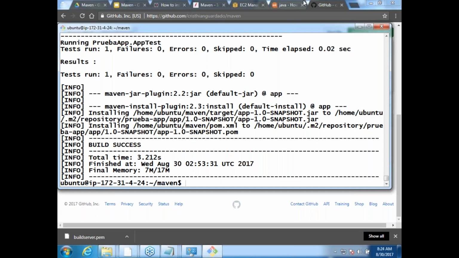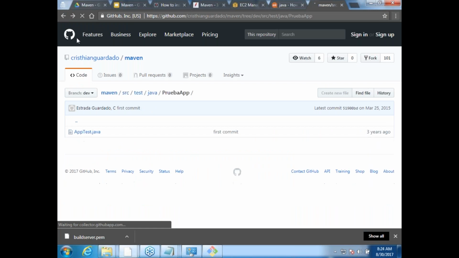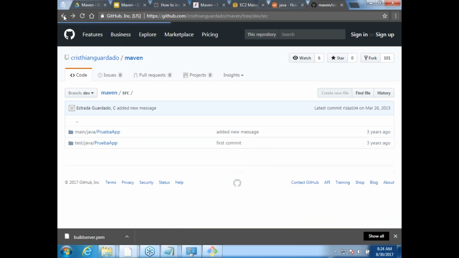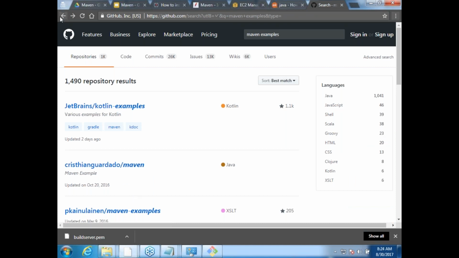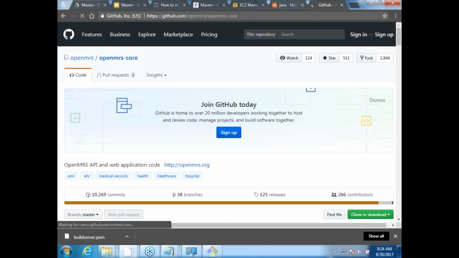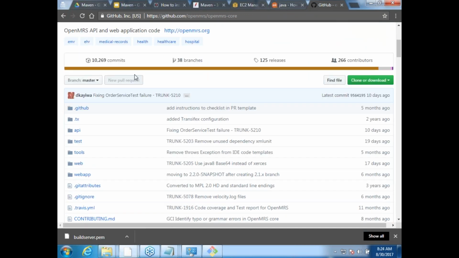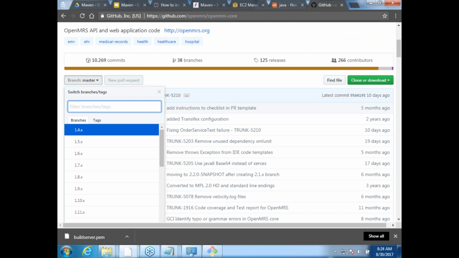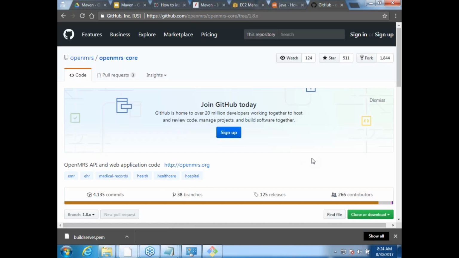One more thing I want to see on this: OpenMRS, right? I want you to not only build master, but also build other versions. I want you to build 1.8.x.